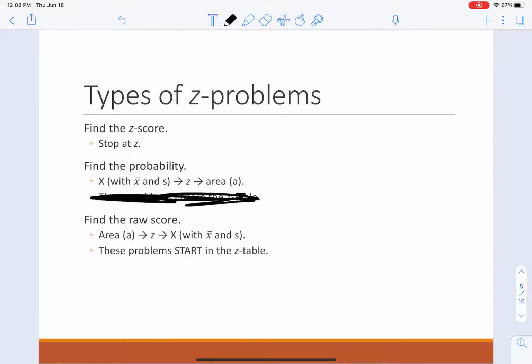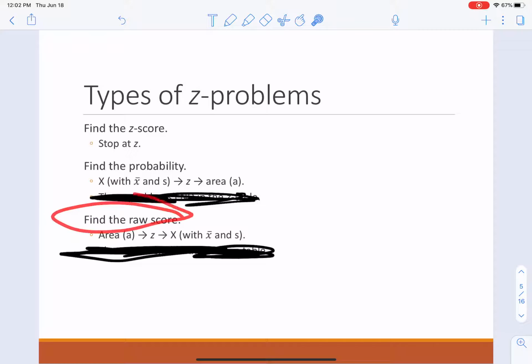Ignore this and ignore this. But the idea here is what I've been saying ad infinitum: if you're looking for the z-score, all you need to do is that equation, and you stop there, and that's it. Finding probability, you first find the z, shade the area, and then use the calculator online. And then finding the raw score is just the opposite of this, right? So you're sort of undoing the z-score. So that's easy